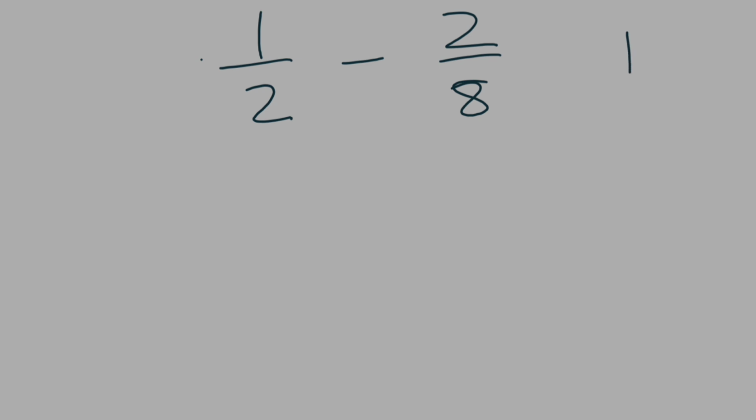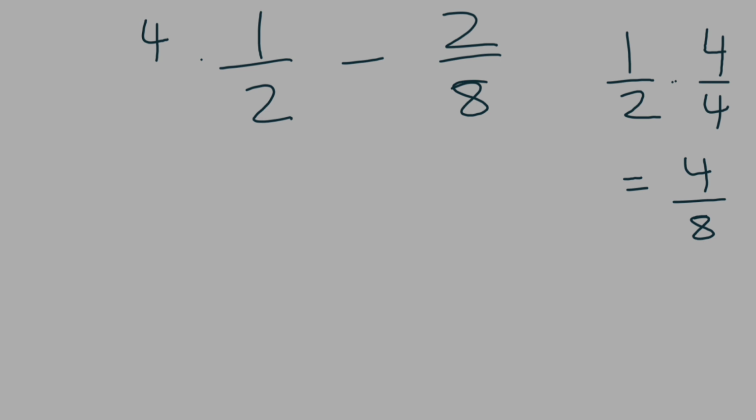So I have 1/2. If I multiply that by 4, I can get a denominator of 8. So I'm going to multiply this by 4 over 4 because these are equivalent fractions, right? If you multiply a fraction with the same top number and the same bottom number, you get another equivalent fraction for that. So 1 times 4 is 4, and then 2 times 4 is 8. So I can rewrite 1/2 as 4/8,